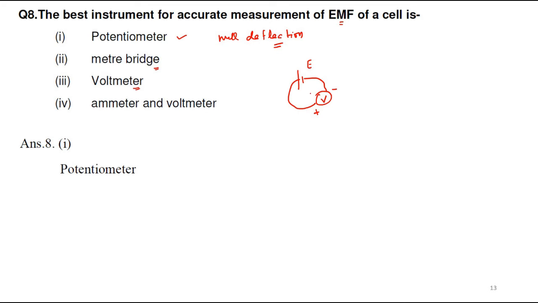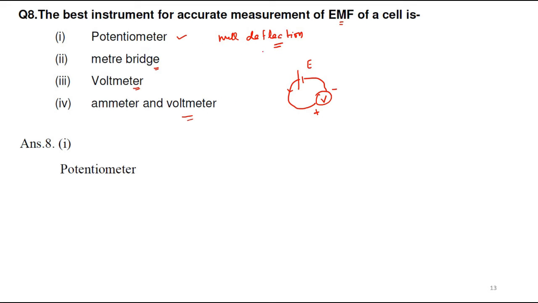Your aim is, of course, to determine the EMF value, the voltage between the terminals, when the cell does not deliver a current. But when you include a voltmeter, the cell will deliver a current. That is the reason why the voltmeter will deflect. So that may not give you EMF. Here also, of course, an ammeter is used to measure current, but a voltmeter will not give an accurate value of the EMF.